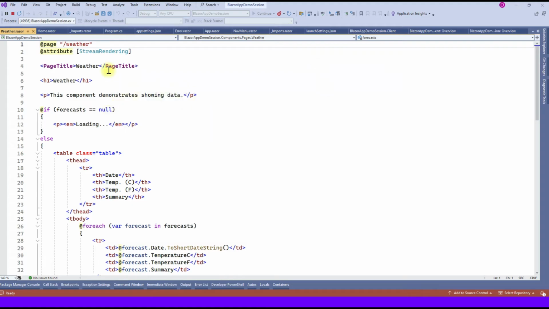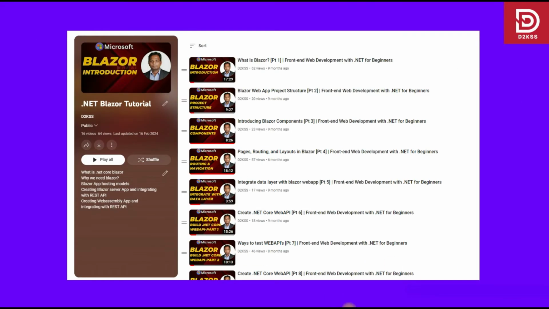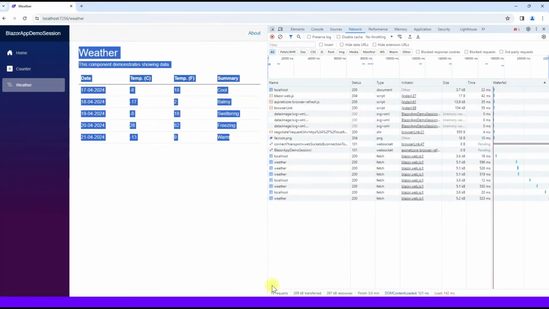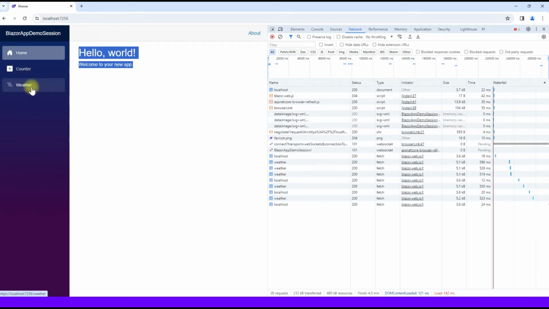The advantage of using stream rendering is that you get an immediate response, the page loads and shows an immediate response when the user sends a request, and within the same DOM the application waits to receive the entire response. When you go back here,